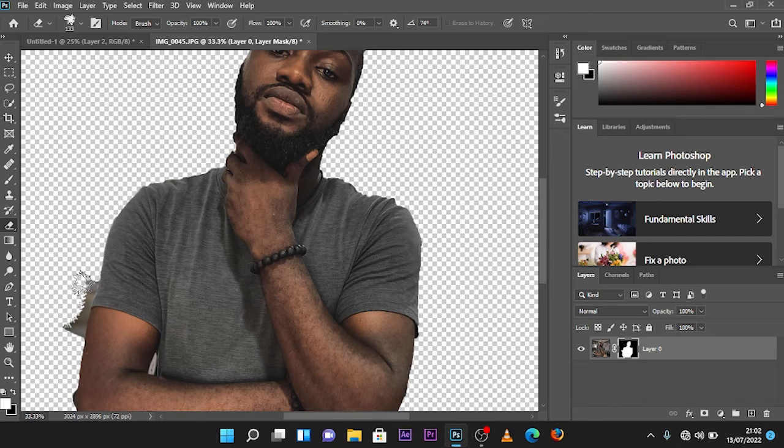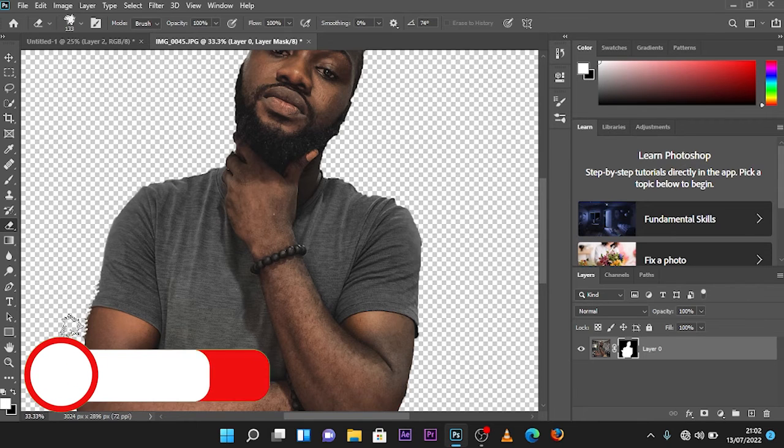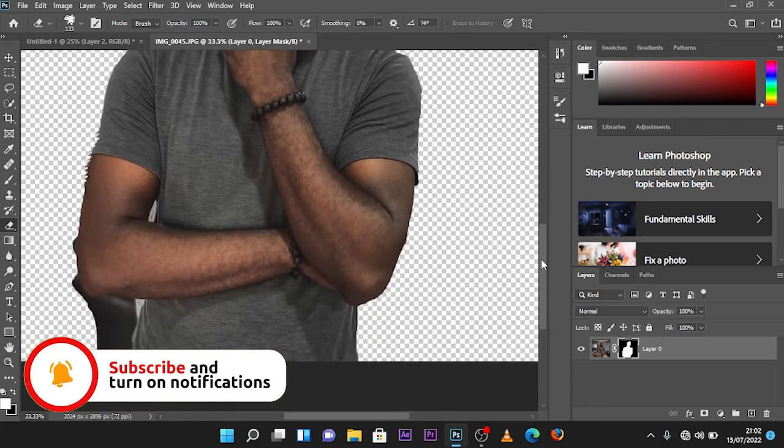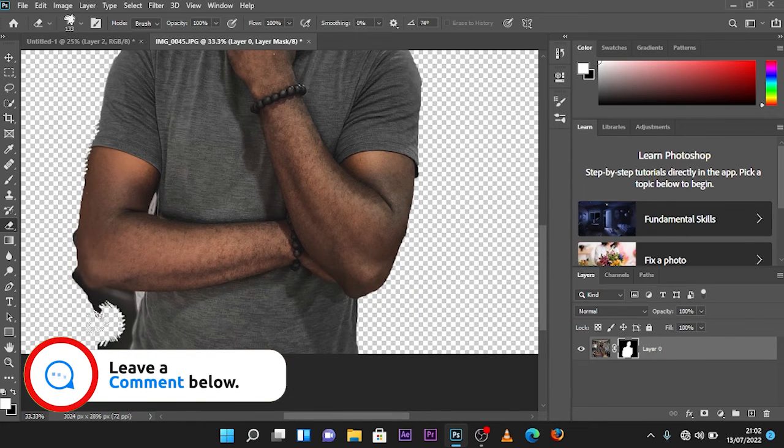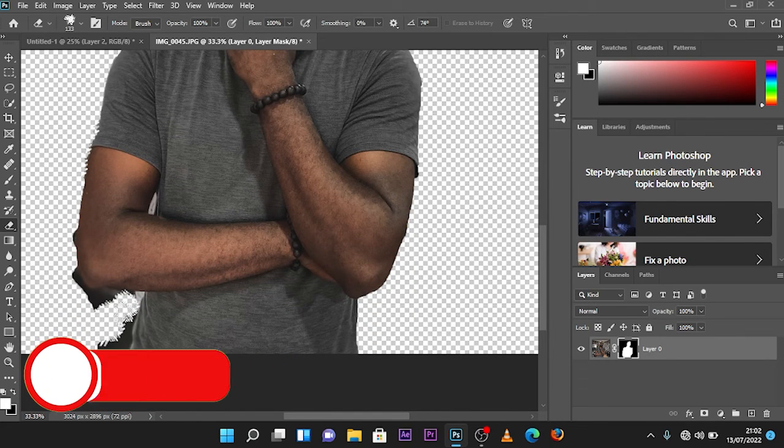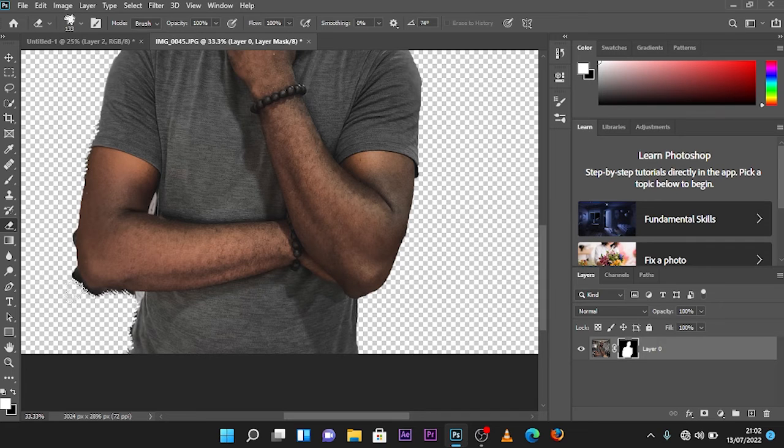Delete or clean these rough edges of the background which we were unable to clean up while we were taking off the background. So I'm going to zoom in again to clean off this background a little bit. But fortunately, if you're cleaning up your picture, you may not experience the difficulties that I'm experiencing right now. But this is just a rough edit to show you what it takes to do a movie poster